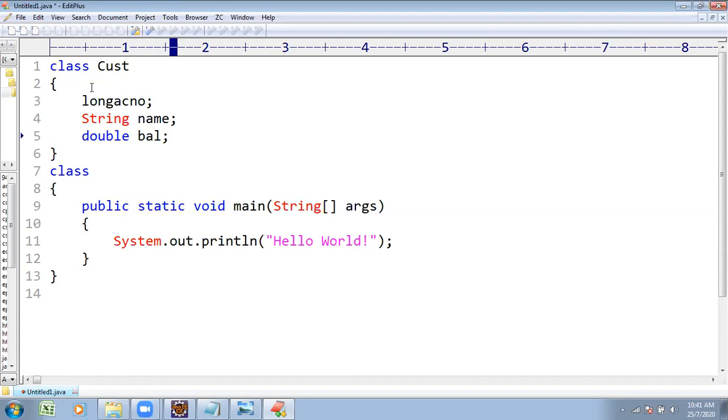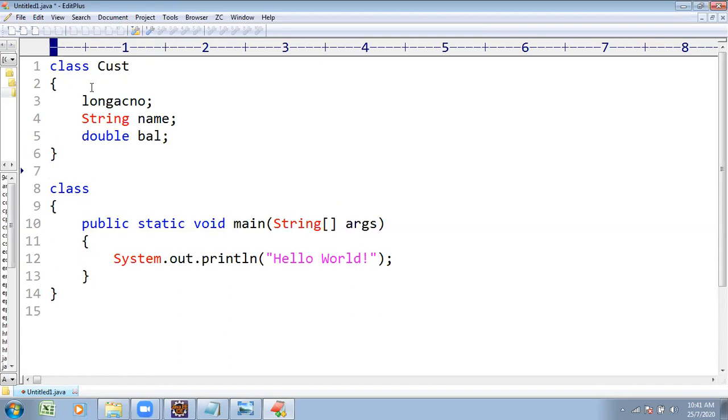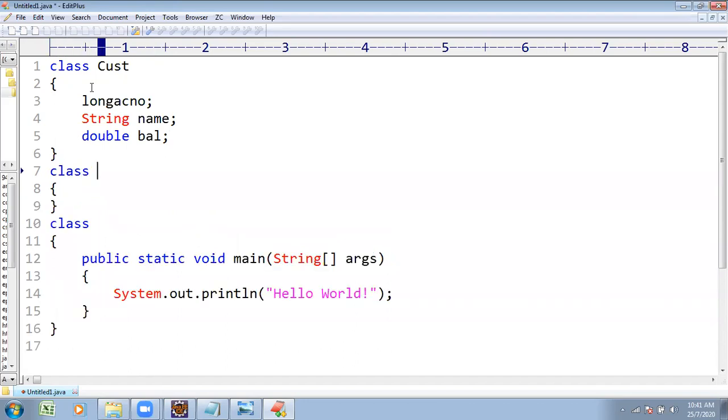Customer is a superclass. The data part is there; if required, you can write methods also, but I plan to write those methods under the subclass. Class BankEmployee is a subclass.